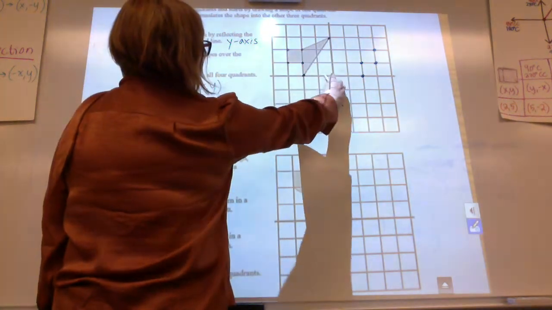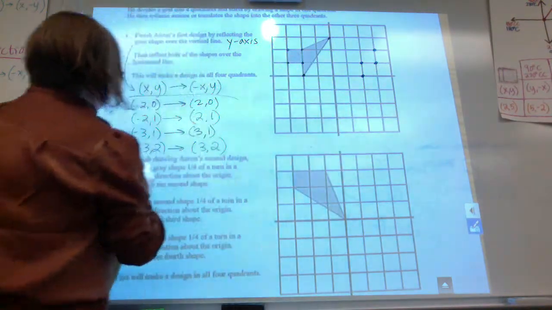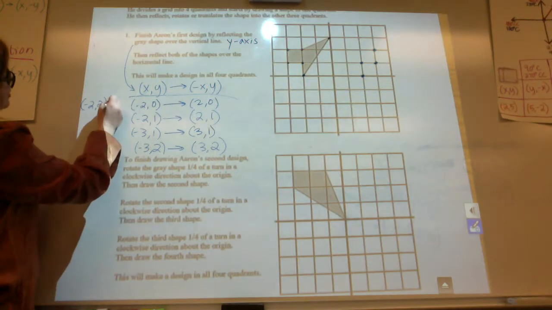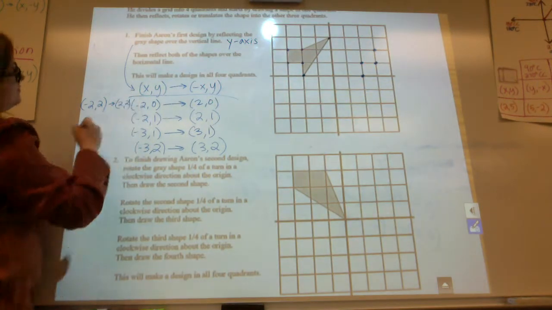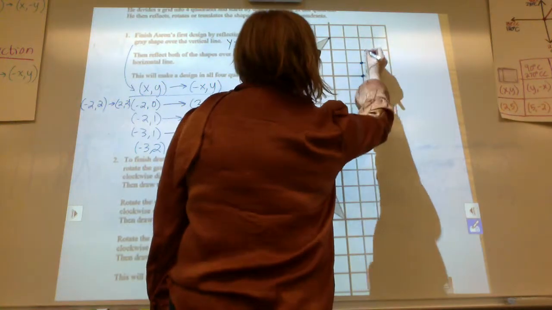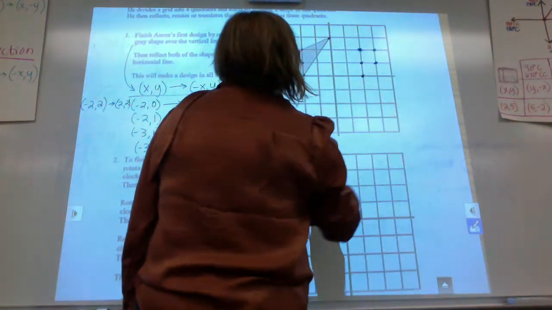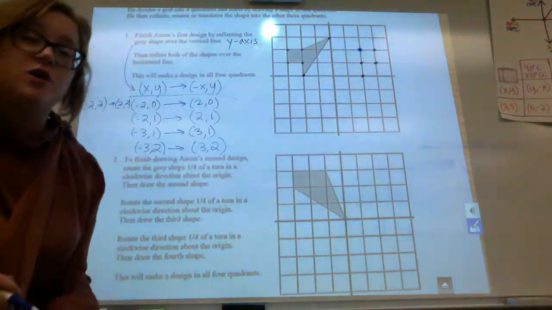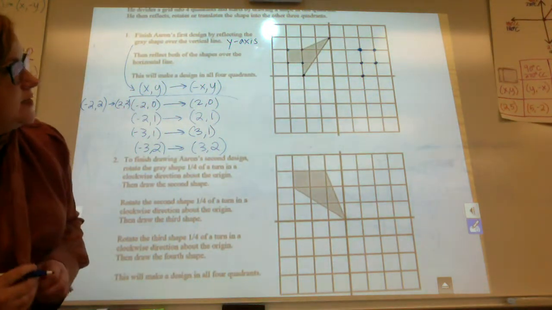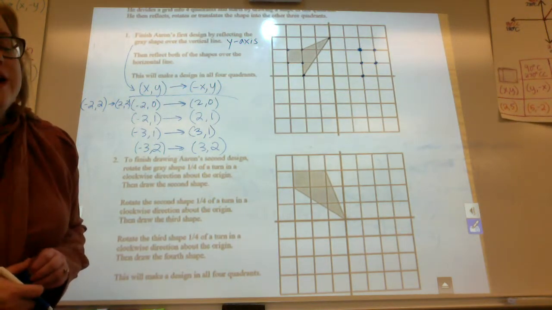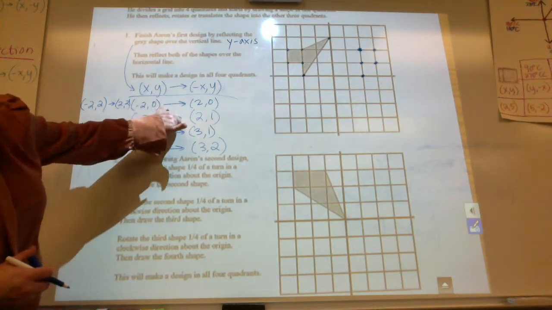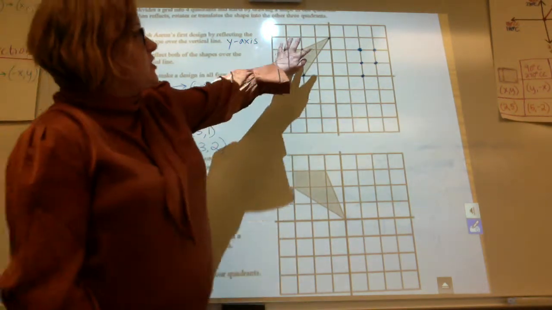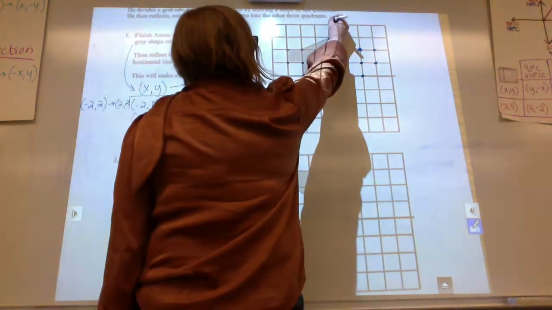Let's do that one. That's negative 2, positive 2. And that's going to just be positive 2 comma positive 2. So over to 2, up to 2. All right, so we've got this one, this one, this one, this one, this one, and last is that one. Now, if you notice that last point, it is also on an axis just like this point was, the negative 2, 0. However, this point is also on my line of reflection,